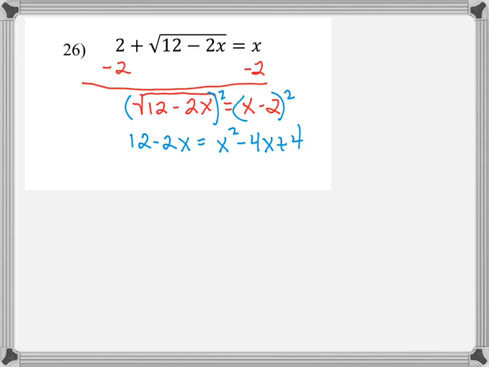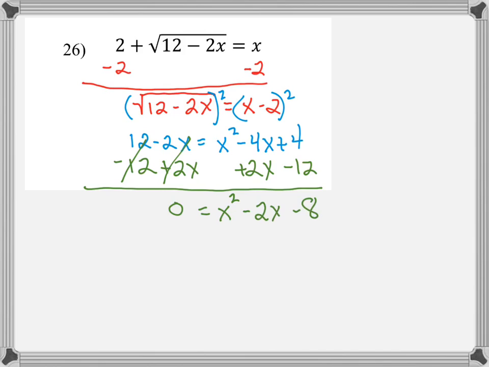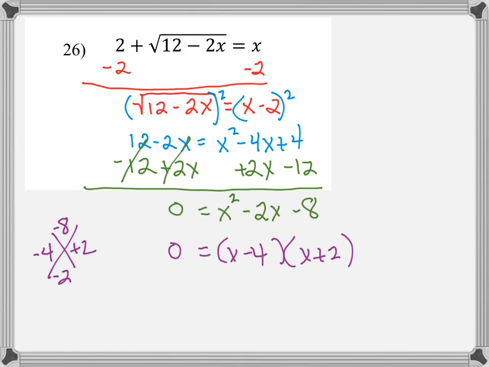This is a quadratic equation because I have a quadratic term. So I'm going to move everything to the right-hand side and have 0 on the left. So I will subtract 12 from both sides. I will add 2x to both sides, and I'll end up with 0 equals x squared minus 2x minus 8. So this right-hand side will factor. I need to find numbers that multiply to negative 8, but add to negative 2. Negative 4 and positive 2 work, so I can fill in my parentheses with x minus 4 and x plus